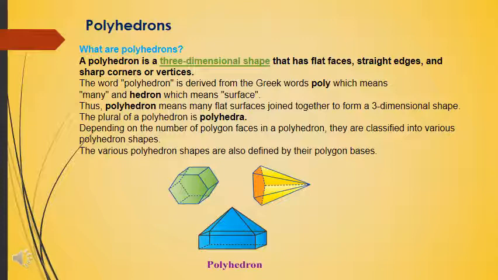Now we see today's last topic, that is polyhedron. Polyhedron means the word poly, which we know very well. Poly means many and hedron means surfaces. So a three-dimensional shape which we make by joining many flat surfaces. The examples of polyhedrons are prism, pyramid and many more shapes which are made by joining flat surfaces. So let's see the figure.